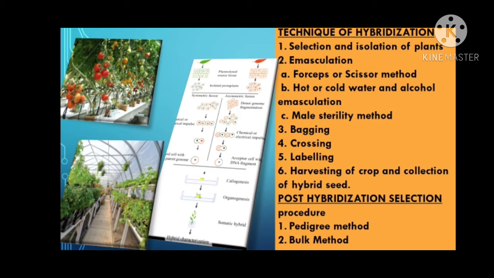The individual plants are selected from the first filial generation population on the basis of desired characters. These plants are harvested, threshed separately, and sown in separate rows in the next year to raise the second filial generation. The plants possessing desirable characters and found disease resistant are harvested and threshed separately, and the seeds of each plant are sown in a separate row in the next year to raise the third filial generation. This process is continued up to the third filial generation.